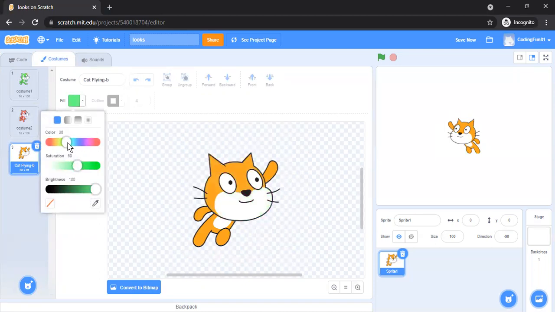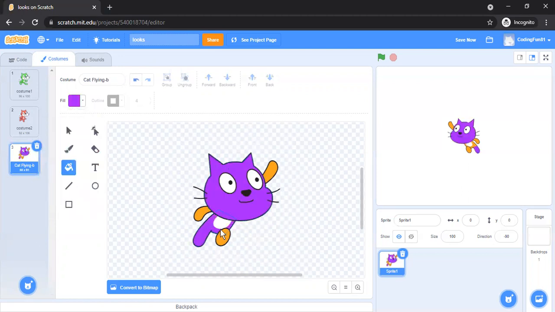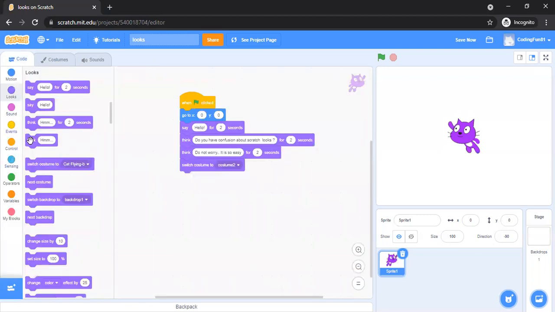Now yeah, this color I'll not take. I'll be taking some other color, or maybe this color. This will be good to put it like this. Yeah, now see the fun. Three costumes this cat sprite has. Coming to the coding, and I'll just take that switch costume 2, or I can do it with this one.